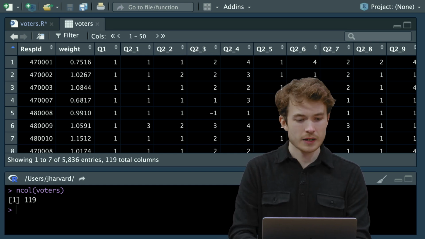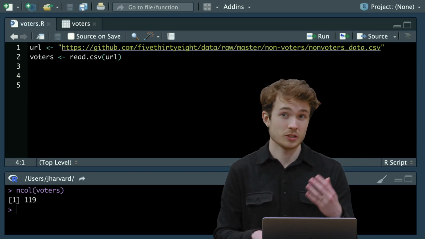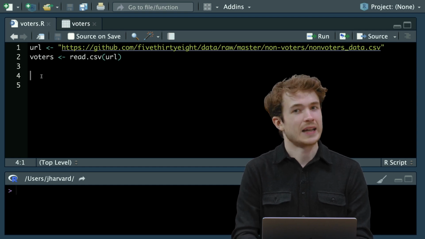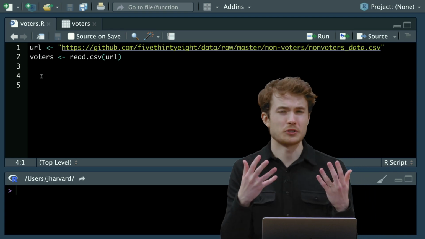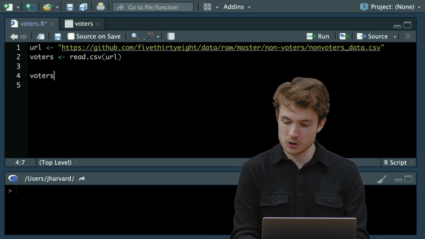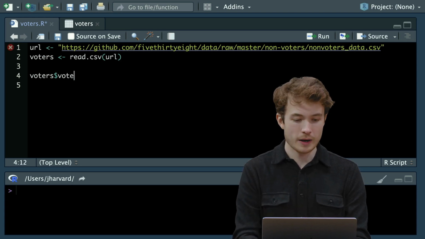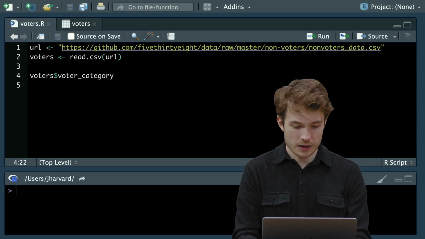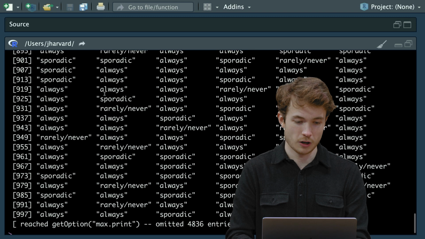So let's actually take a peek at one particular column. I know this column exists because I looked in the codebook to find it out. There's a column called voter_category that actually tells us how each voter represented themselves in terms of their voting habits. So to access that column, as we saw before, I could use voters, the name of the data frame, followed by a $, followed by the name of the column, voter_category. And if I hit Command Enter here, I'll see at least some of the results from that column,